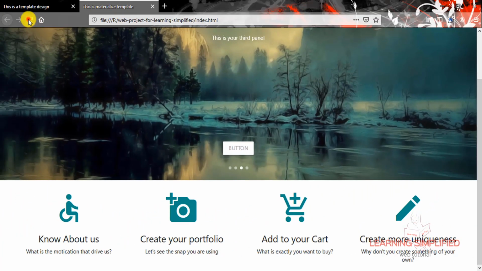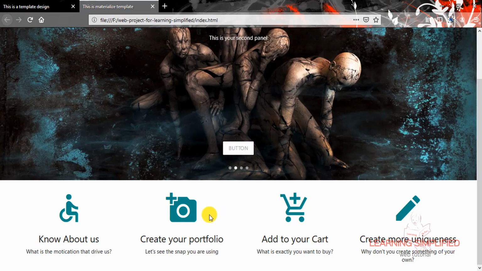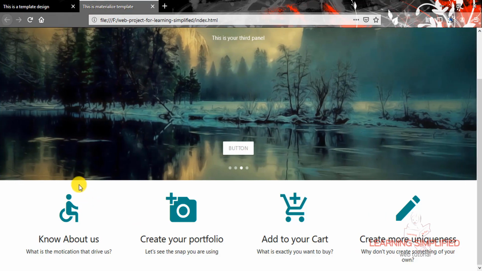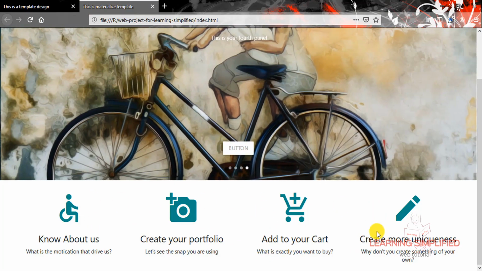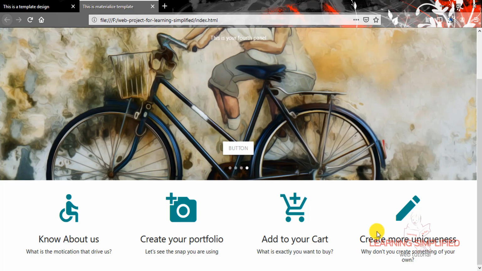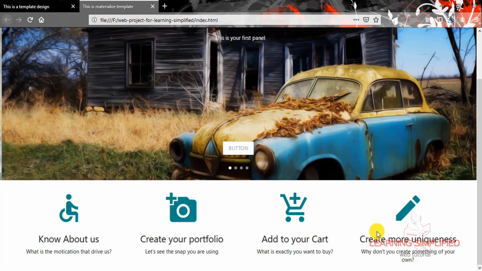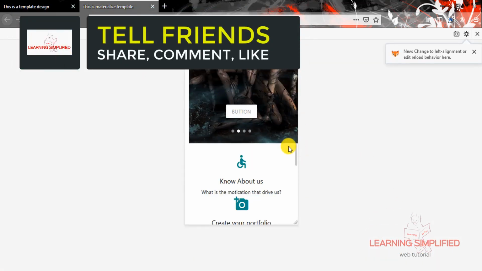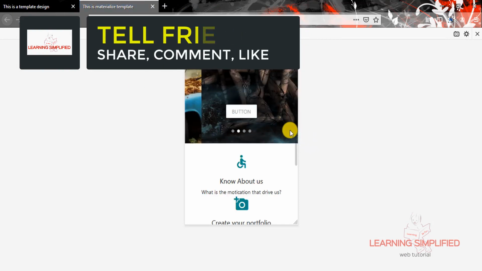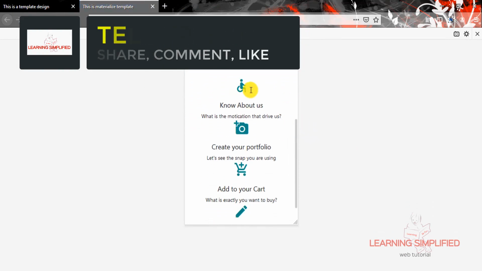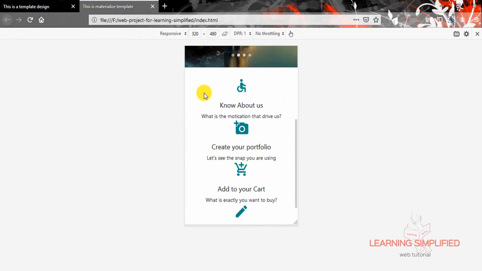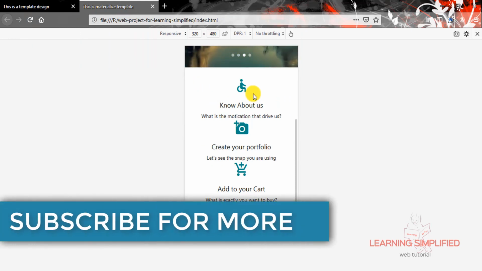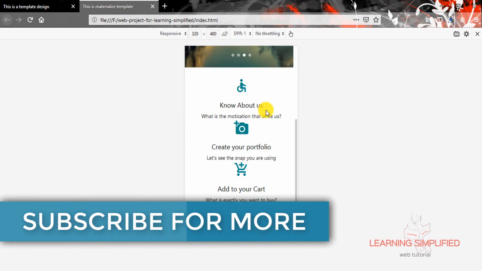If we get back to our project and reload, we will see that in case of the larger desktop preview, there's practically no change in this grid section. All of them are left aligned, having the float left condition. But if we now press Ctrl+Shift+M and get back to the mobile responsive preview and reload, you can see that this is the result. Each and every material icon is centrally aligned, and there's absolutely no problem.